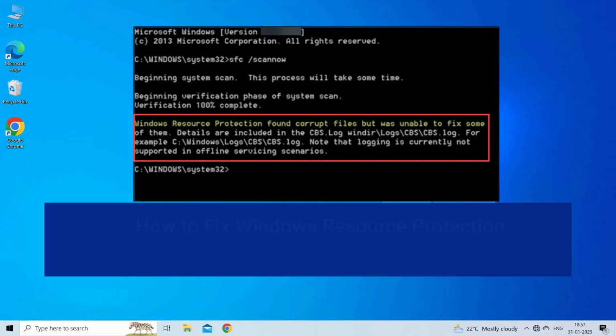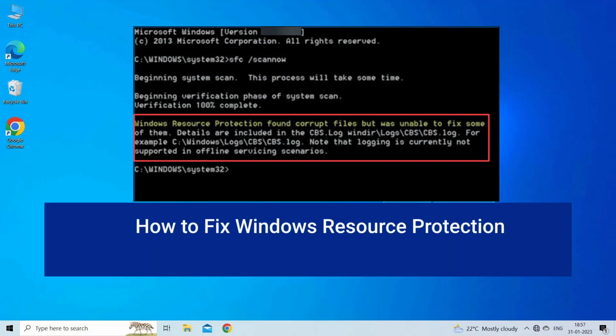Today in this video, I am going to show you how to fix Windows Resource Protection Found Corrupt Files error